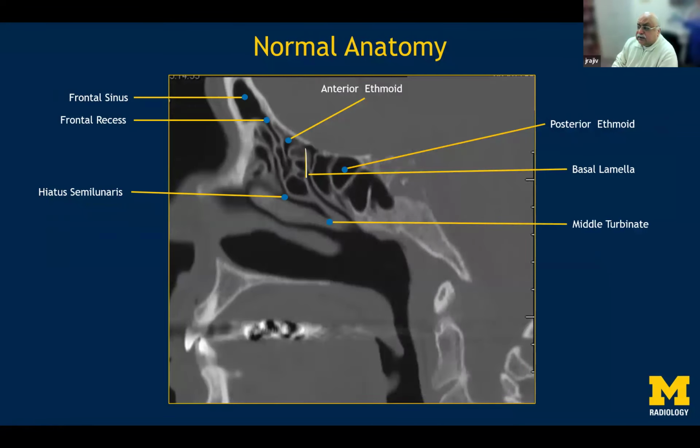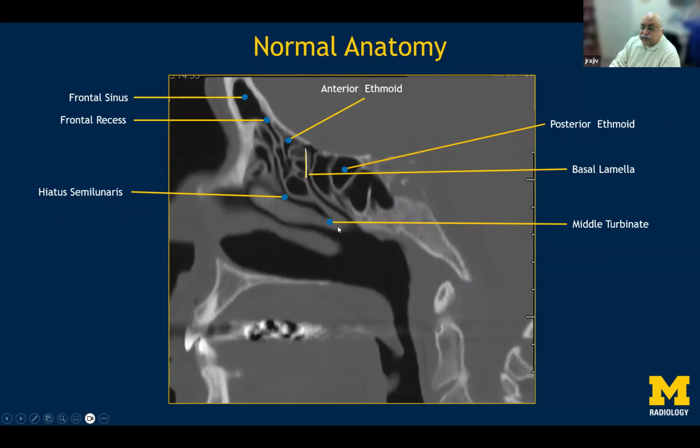This is the same patient with the sagittal cutout and reconstruction. Here we again will reiterate the position of the frontal sinus. This is the frontal recess, and this is the frontonasal duct coming down here. These are the sets of cells which are termed as the agger nasi, as I said before, and this is the hiatus terminalis, which is bounded by